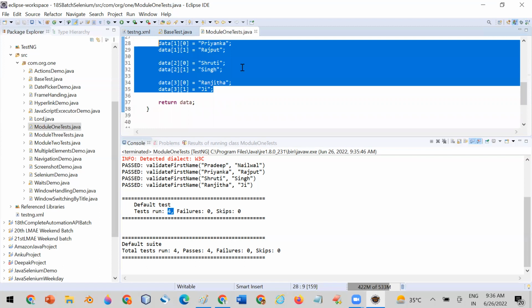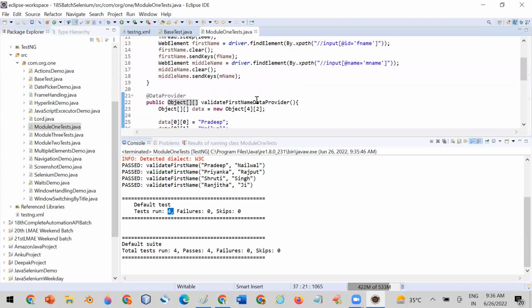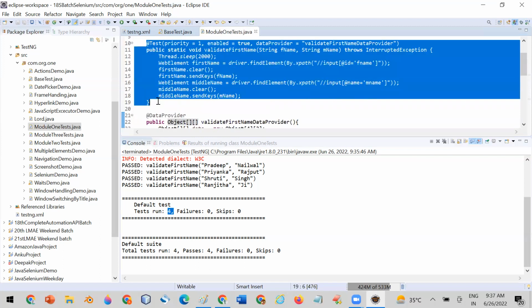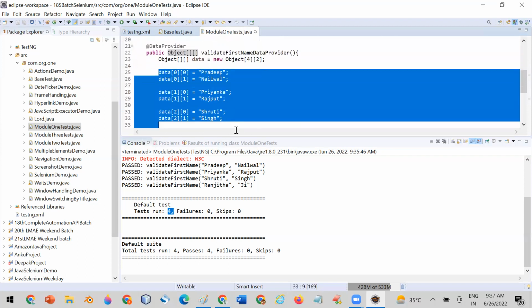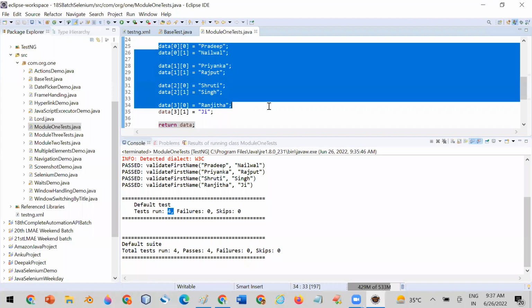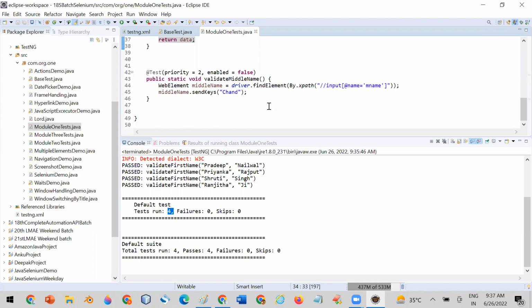In the real world, you will get the test data, multiple sets of data, in the form of Excel. Getting my point? It means you have to run your test case, but instead of giving the hard coded value, you have to read the data from Excel. Excellent. Now for that purpose, first of all, I will tell you in a simple program how you